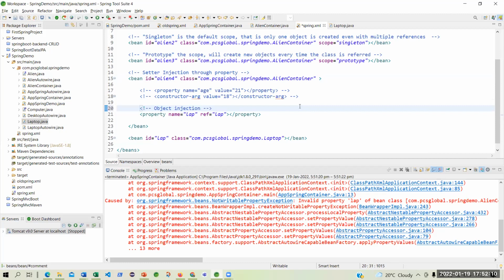Later on, you will understand auto-wire, and auto-wiring is also a form of object injection. Or later on, you will see that it becomes component injection. Auto-wiring is nothing but component injection. Now, what I'm doing, I'm injecting by reference.